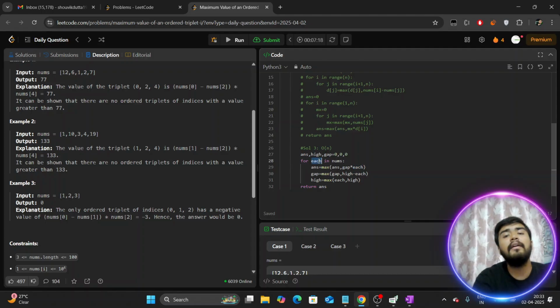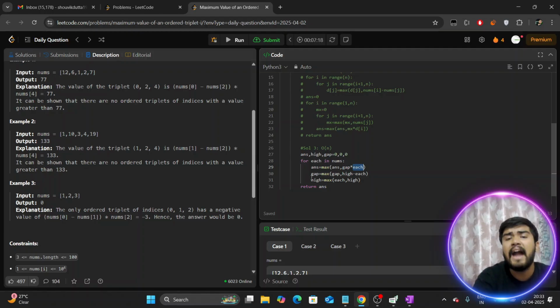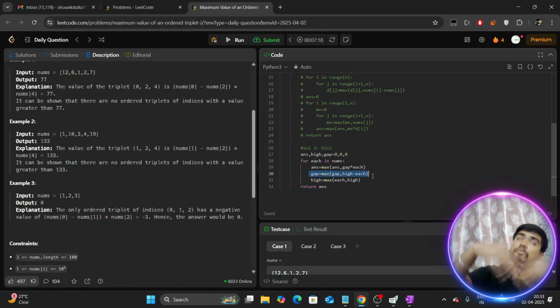So each is going to be iterated on the kth index only. That's the reason we are multiplying with each only. So what is the last iteration? What is the maximum gap we have found? We have multiplied with each, nothing but nums of k, and after that we have to update our